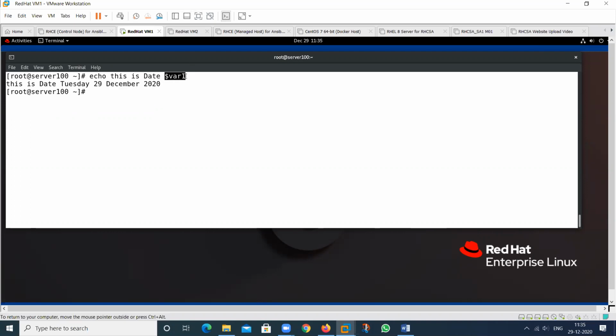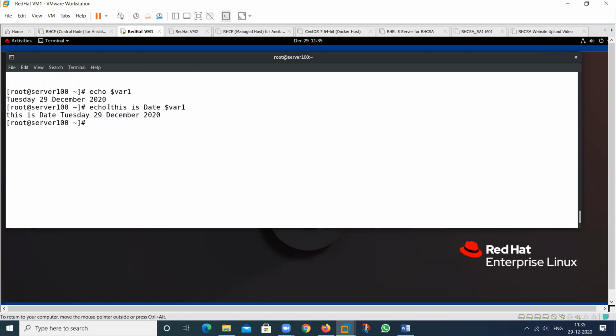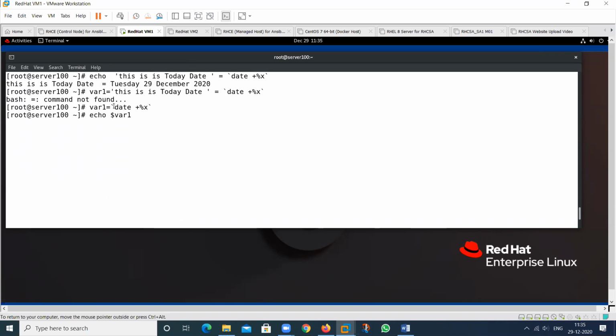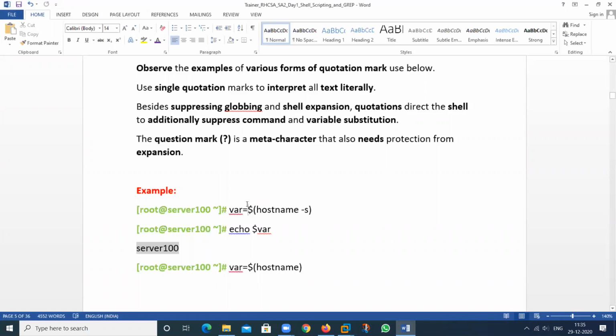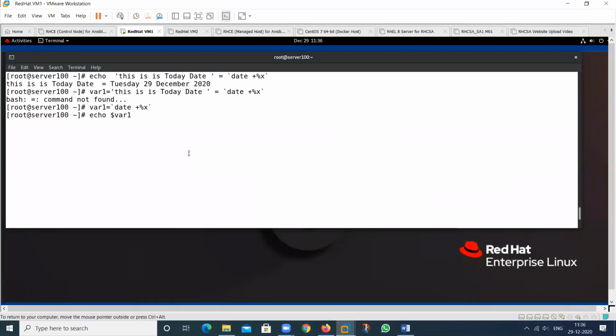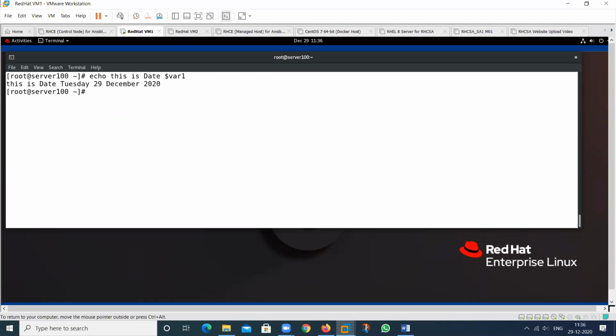So this is the value of this particular command. Mostly if I want to use the value of a command, what I will do is give the name of the variable. By using this particular variable, it will place the value of this particular command. So by using the command value in a variable, we can use backquote also. And one more concept, we can also use like this one. So use the $ sign, then this bracket, then you can perform the command. See, if I want to use this like, I place a value, that is host